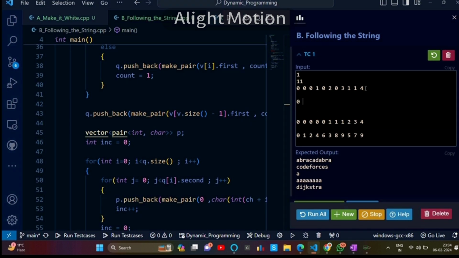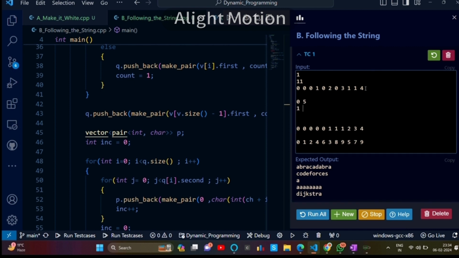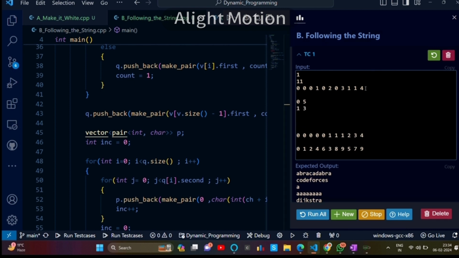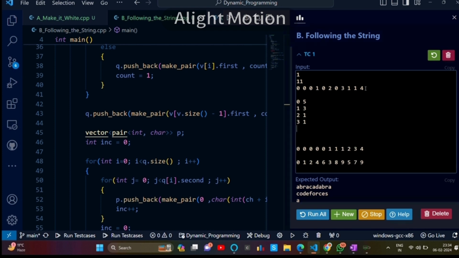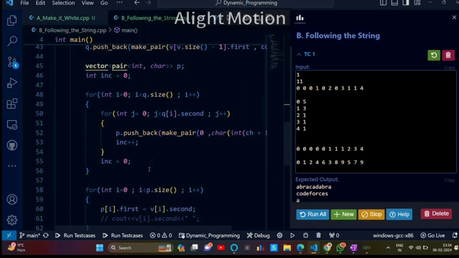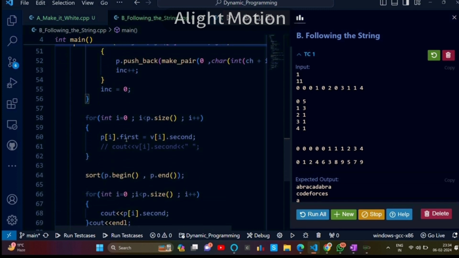So basically what it is doing is, it is storing these values, the frequency basically. Frequency of 0 in this array is 5, right? Frequency of 1 in this array is 3. Frequency of 2 in this array is 1. Frequency of 3 in this array is 1. Frequency of 4 in this array is 1. So this is what I am calculating here. Once I got this,